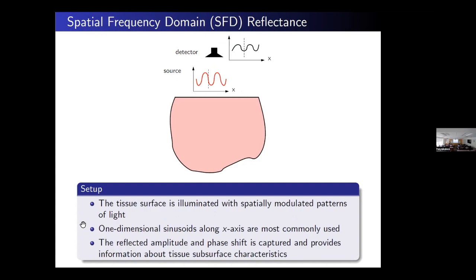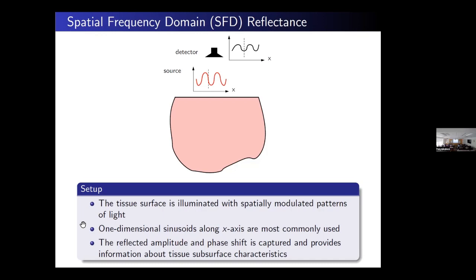Before I describe the method, let me explain what happens. The surface of the tissue is illuminated with spatially modulated patterns. David showed some pictures where he's modulating along the x-axis, so looking down you see sinusoids, bands of light.